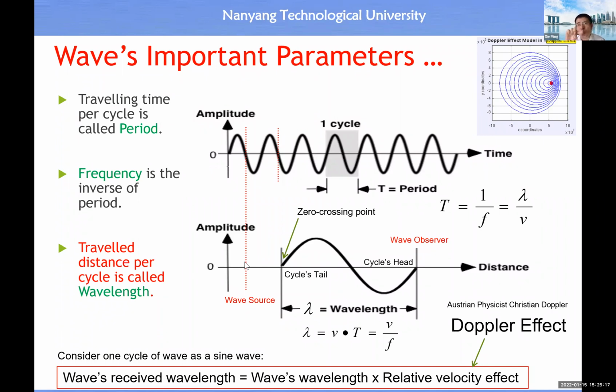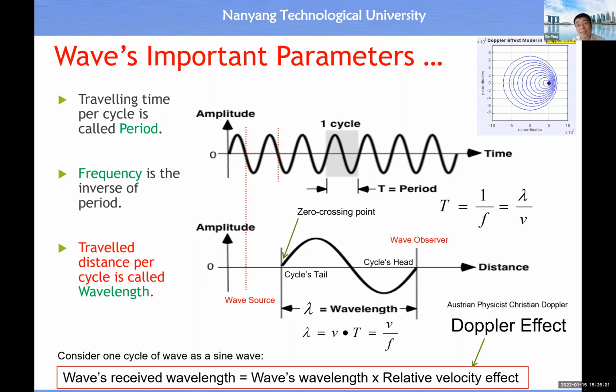Actually, for one cycle, if you look at the amplitude, one cycle consists of a set of amplitude values. If we do the sampling within one cycle and take the amplitude values, we have a series of amplitude values. So how do we make the observer receive this series of values? You can imagine we send these values from the wave source one by one, then the observer receives them one by one, and we construct the signal.